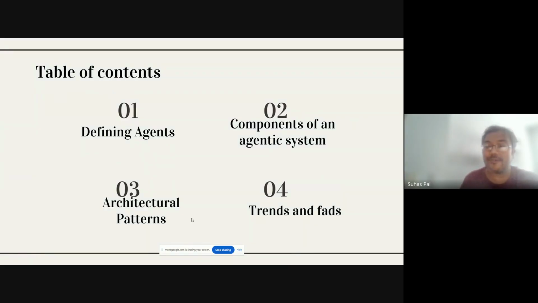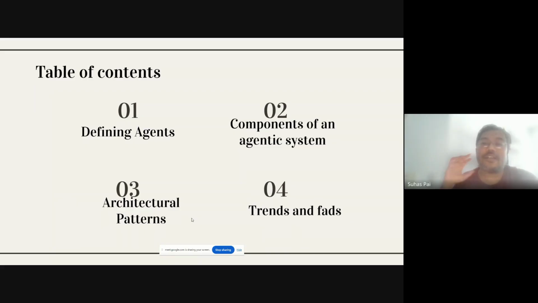So today, it looks like a lot of people have signed up. Was it like 1,600 or something? Agents seem to be a very hot topic. So I want to cover these topics today. First, I want to start by just defining agents, because the word agents has been overloaded so much. Different people mean different things when they say that. So it's good to have a common baseline that we can all agree on as the basis of our